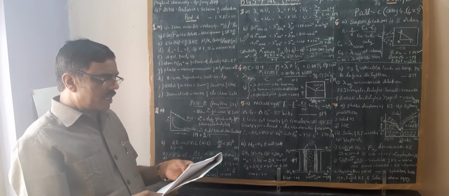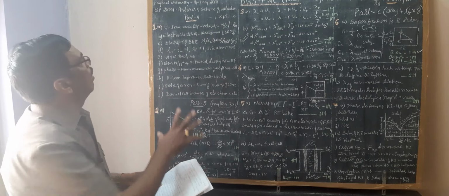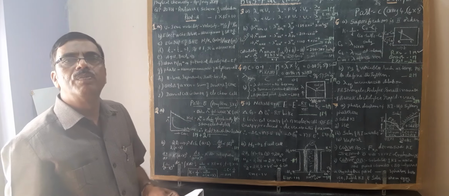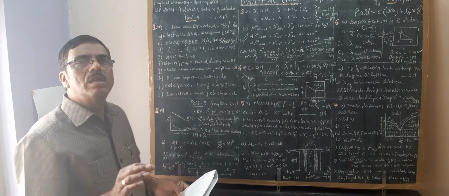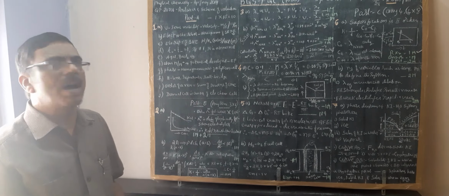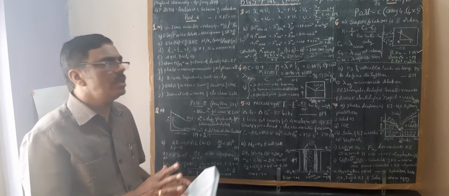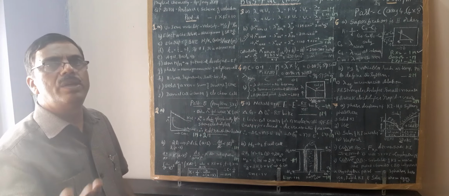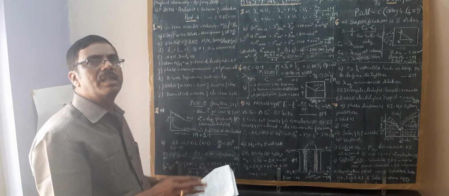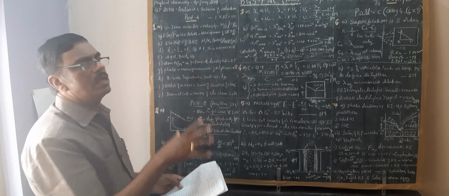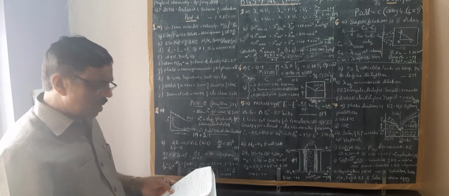Let us pass on to the second question. And for all these questions, answers have already been sent to you through WhatsApp. We have sent the detailed answers. Here we only discuss the scheme of evaluation, marks allotment for answers, that much we discuss. Full detailed answers have already been sent to you. You keep that here for reference. So you go through those answers and you listen to this scheme simultaneously.